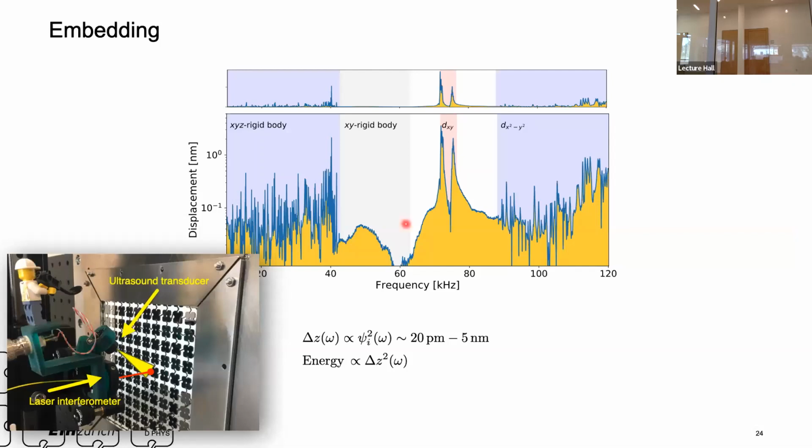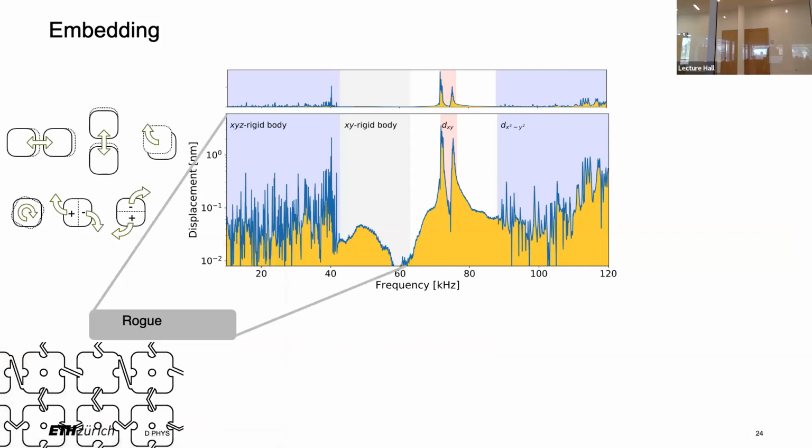a plate here. We excite with a laser. We excite with an ultrasound transducer. We excite a plate, and then we have a laser interferometer, and we measure how much this plate is modulated. And then we scan the frequency of our exciter, and we just take a screen. So that's a typical result we get, and we can start analyzing it.